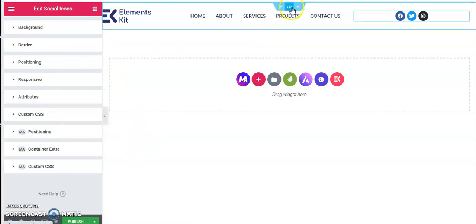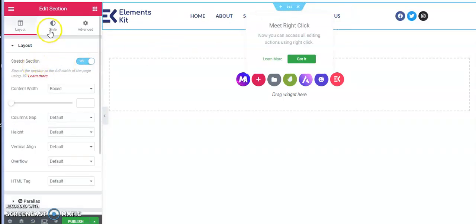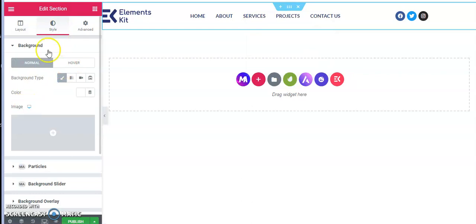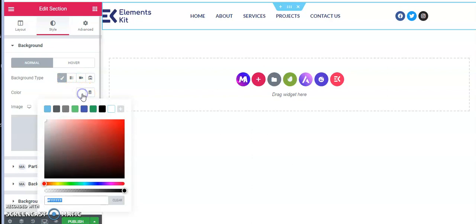Okay, so I can add a general background color to all this. To do that, I can edit this section. So once I click on edit section, I go to my style. You can see the style. So this is the background. From here I can see it's white, so I can actually give it a color. If I come and give this a black color now,